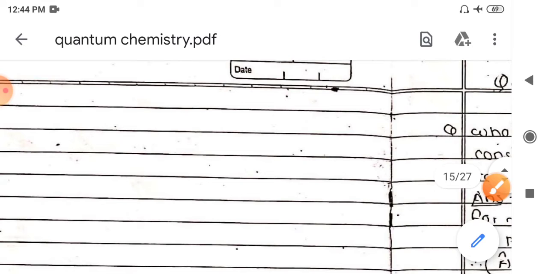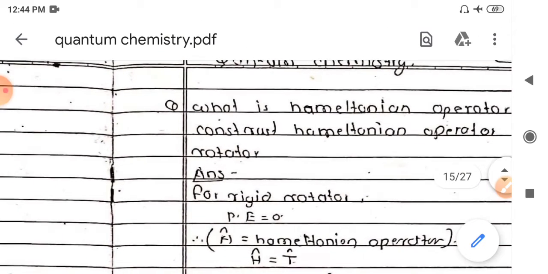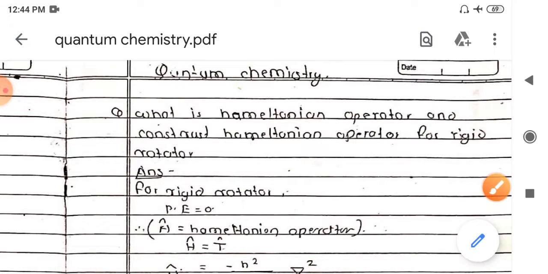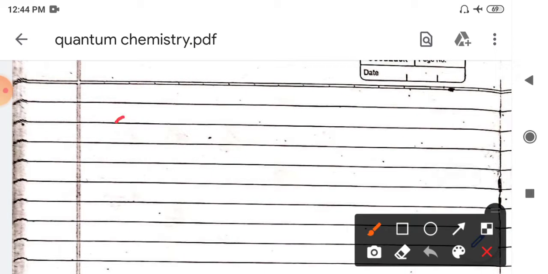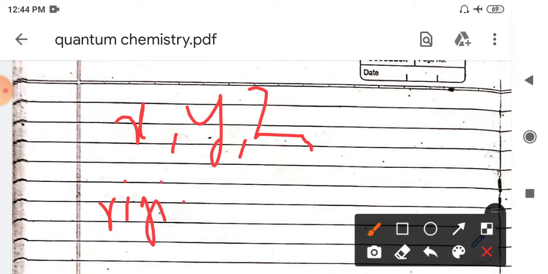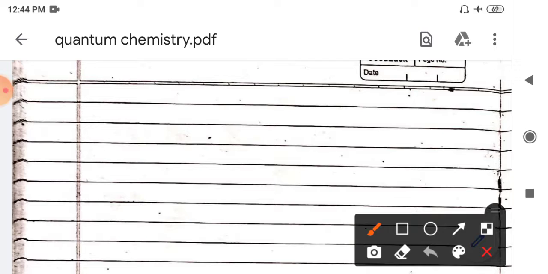In order to solve this rigid rotor or the hydrogen atom problem, we have to use the spherical coordinate system. We cannot use the regular variables, that is x, y and z. We have to use a new type of variable, the spherical coordinates and not the Cartesian coordinates. And why do we need to move from Cartesian coordinates to spherical coordinates?